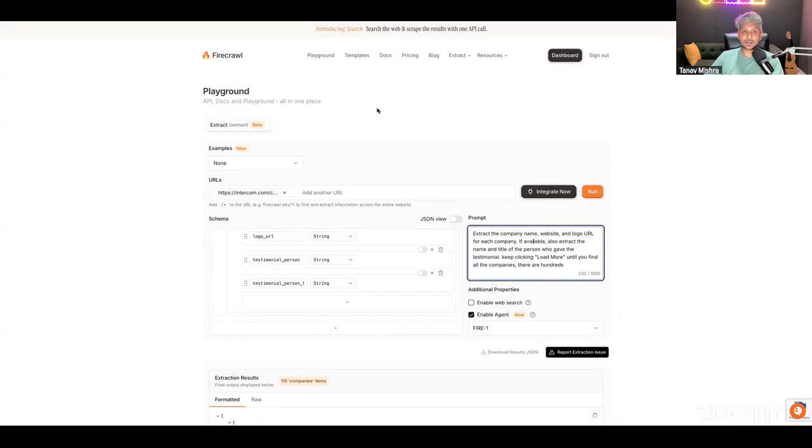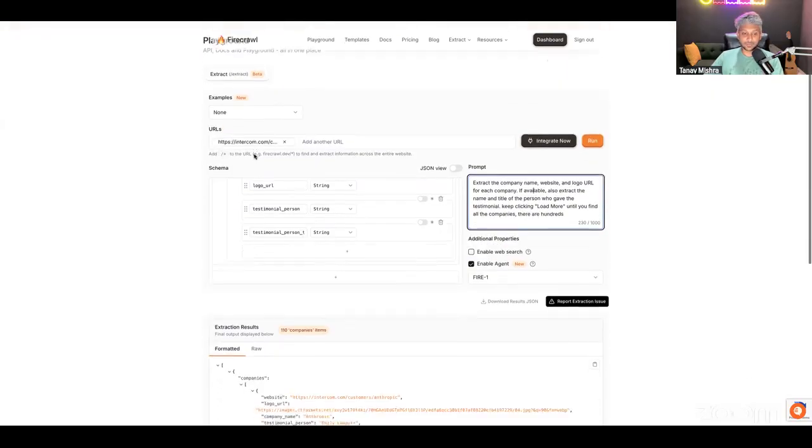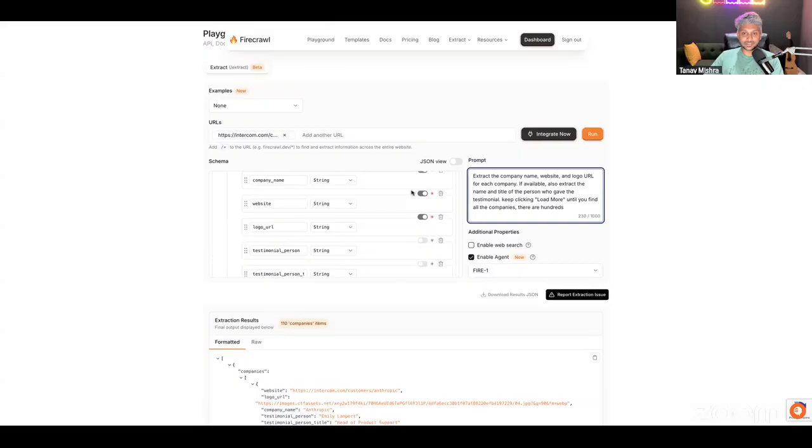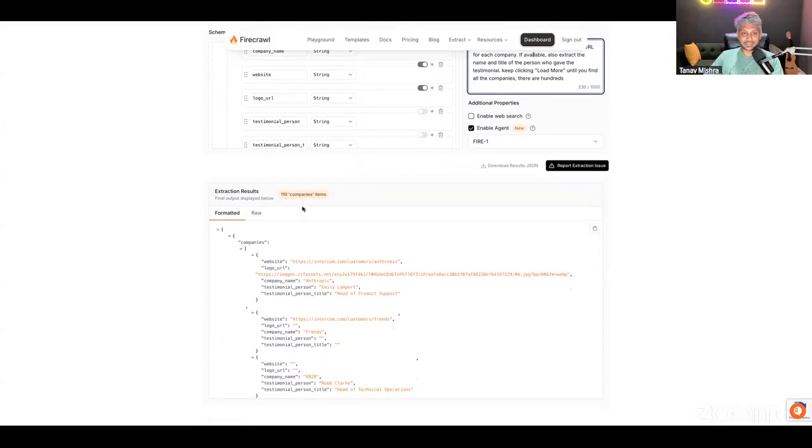And the best part about Firecrawl is it can extract data in a structure. So we're all familiar with JSON, and Clay loves JSON. It's easy to pull JSON into Clay and then have Clay create rows out of it, right? So here's what we can do. I asked it to parse this, and here's 110 company items with all of their websites. So that's Anthropic, the person who gave the review, the logo of the website, the name of the person, and their titles. And this, of course, we can pull all of this into Clay, and we can